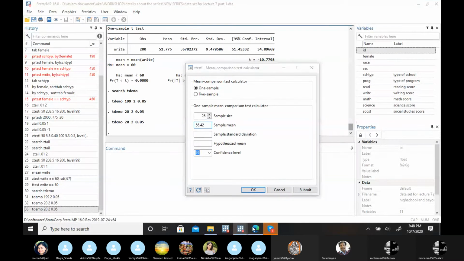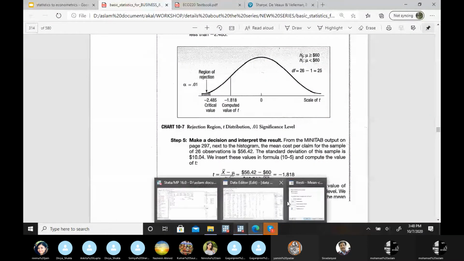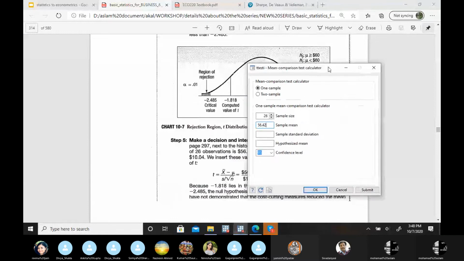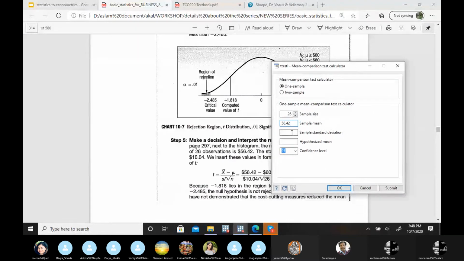56.42. Let me open this case. Sample standard deviation 10 point. You have this data for 26 observations, so you can calculate it manually. Then hypothesized mean is 60. Level of significance as instructed is 1%. So if I press OK,